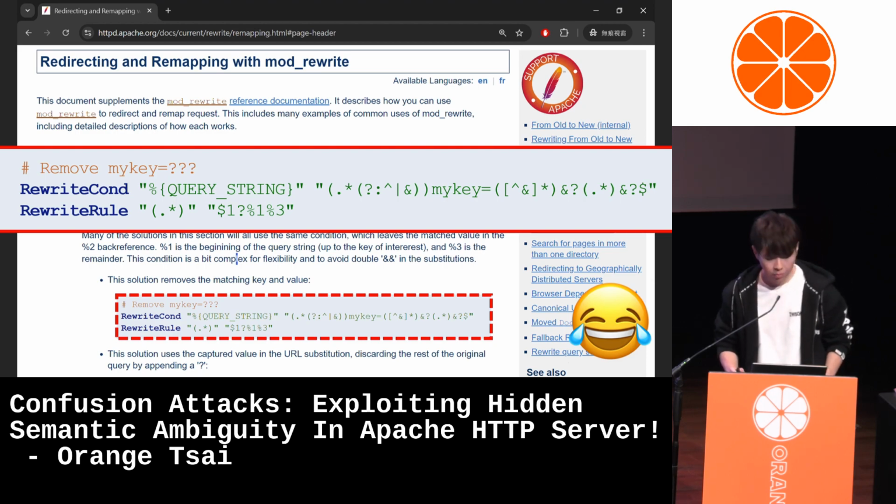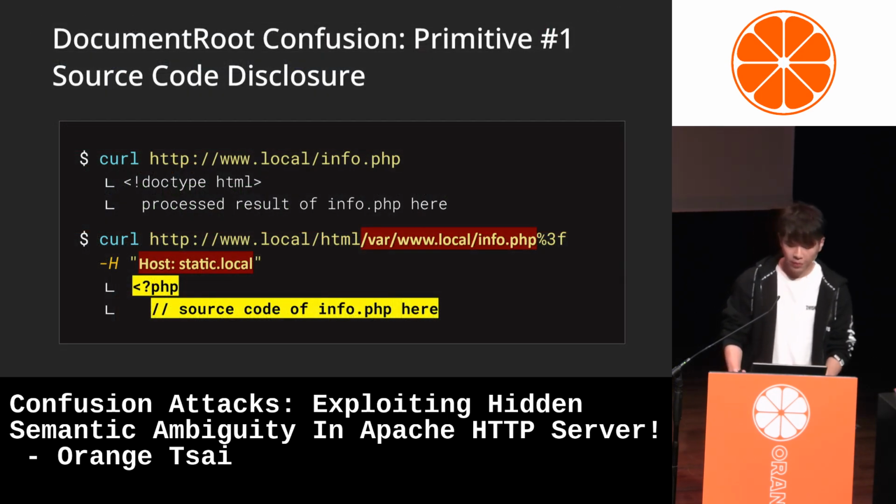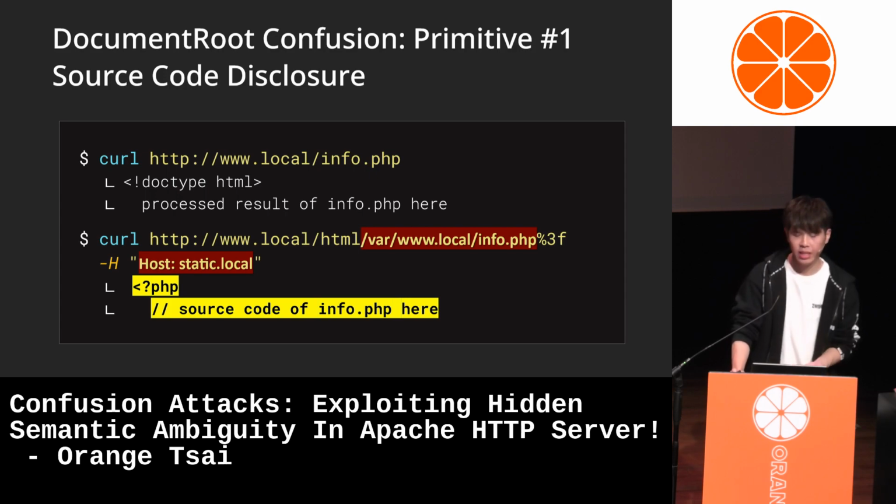And okay, we now know the root cause. And what can we do with these attacks? First, we can disclose arbitrary server-side source code.